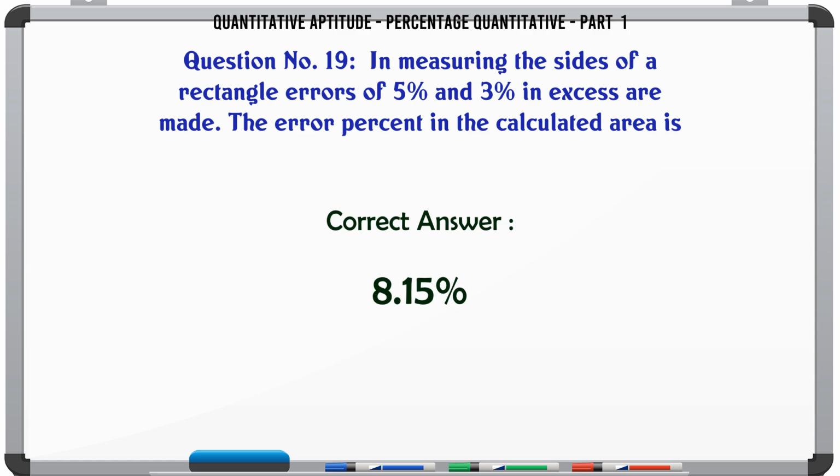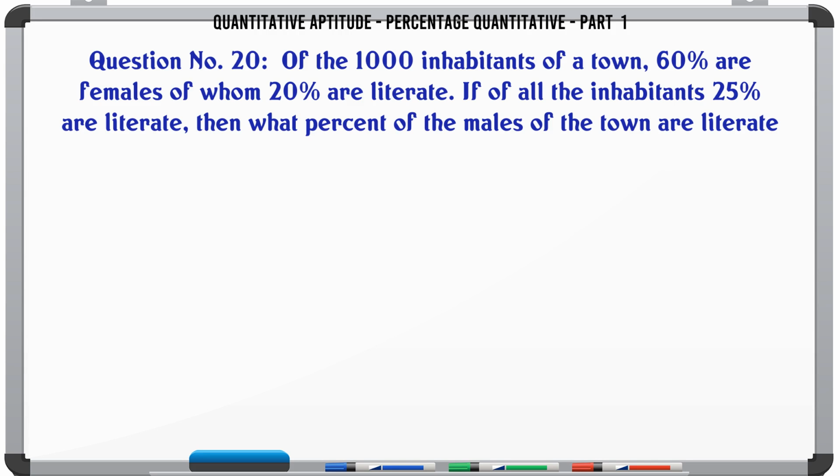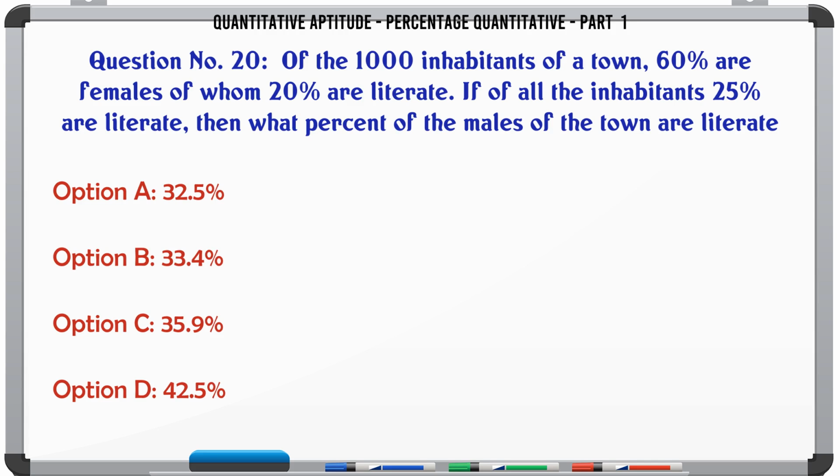8.15%. Of the 1,000 inhabitants of a town, 60% are females, of whom 20% are literate. If of all the inhabitants 25% are literate, then what percent of the males of the town are literate? A 32.5%, B 33.4%, C 35.9%, D